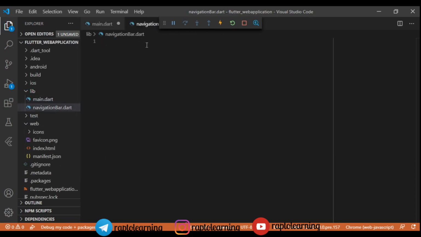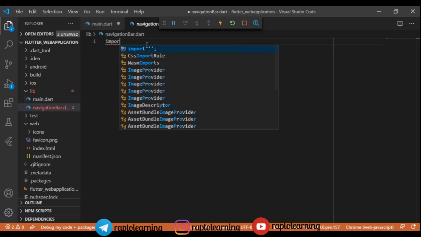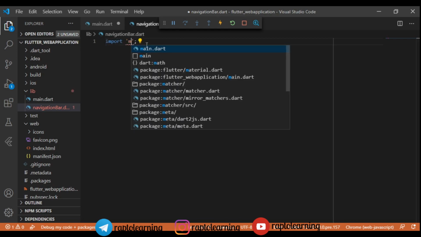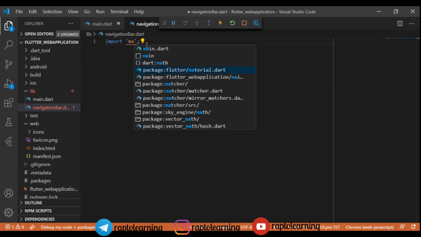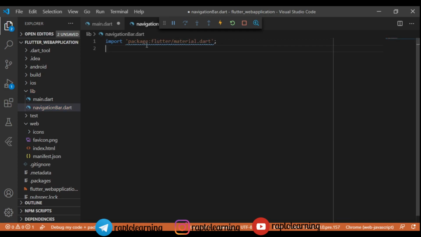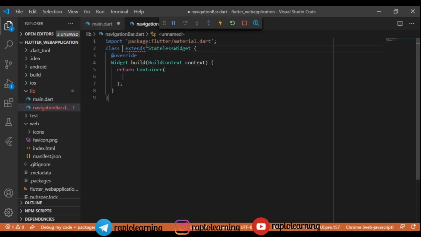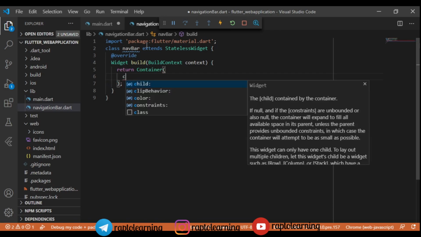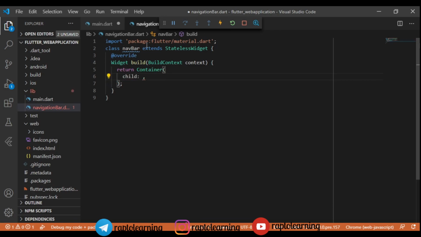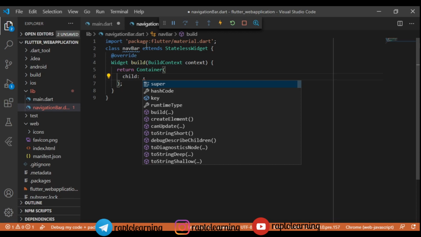If you think that this tutorial is pretty slow, you can just fast forward the video, because my aim is that everyone should understand what I am doing on the screen, right? So I will go step by step very slowly. Even if you don't know Flutter very well, you will understand this code, right? We have just imported material dot dart because it is necessary for building the widgets, right? So we will make a stateless class NavBar, and it is returning a container.